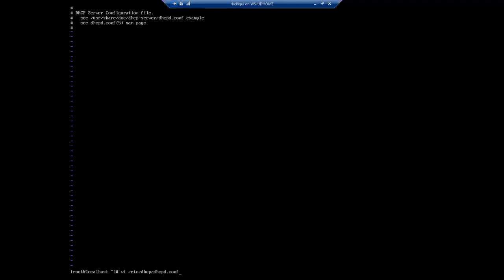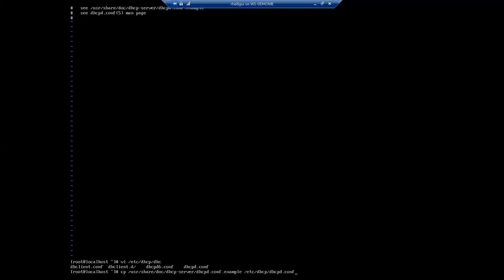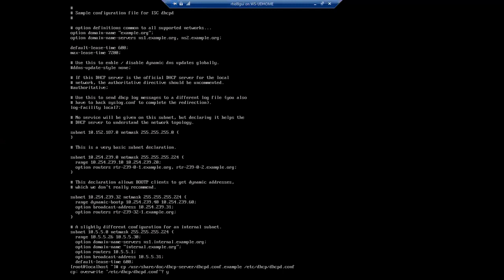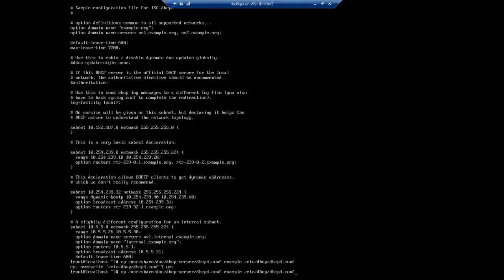Let me check the path once. Something went wrong. Until here I can see everything is fine. This file has some configuration over here, and I want the same configuration to appear on that particular path. The command looks to be the same, so I should have said yes, yes. Okay, now let me check.